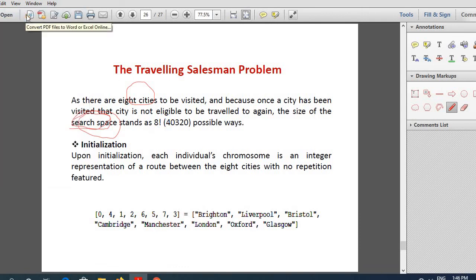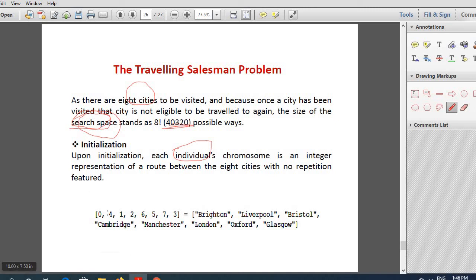So we have to select the best way for moving between the cities among these many possible ways. So we choose GA to do this. And how are you going to code, or how are you going to set the chromosome for each solution?